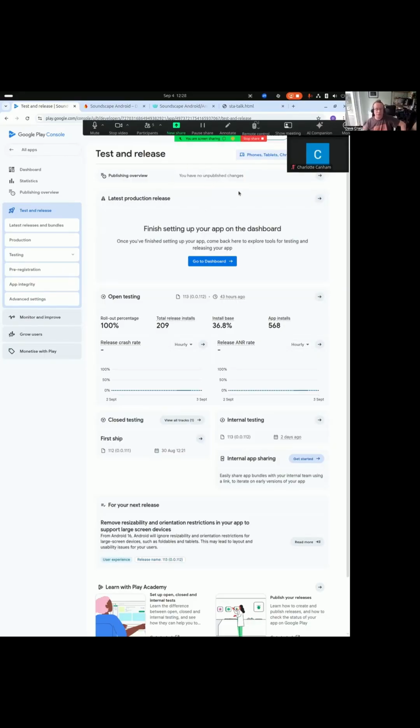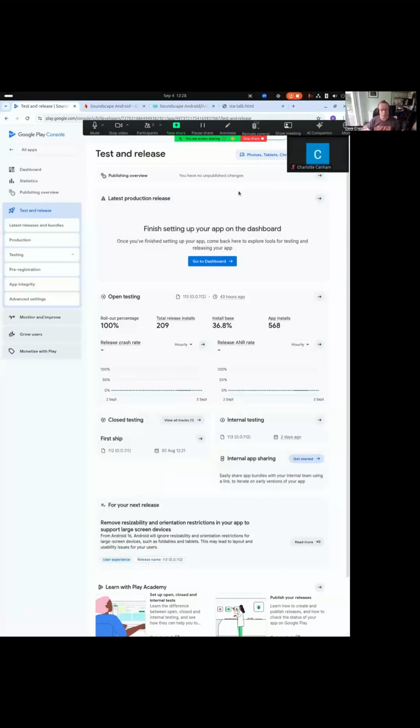Play Store gives us lots of information about how our releases are going. So we have an internal testing group, a closed beta testing group, an open beta group, and eventually we'll have a production group. There are 2 people in the first one, 20 people in the second, 600 in the third, and then however many people in production. Through Play Store, we can monitor how each of those releases is going, and make sure